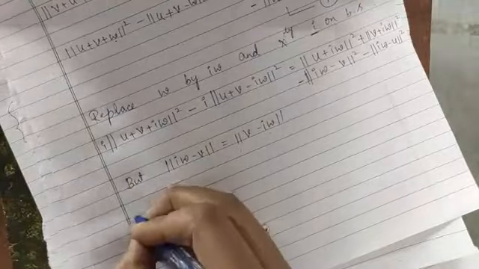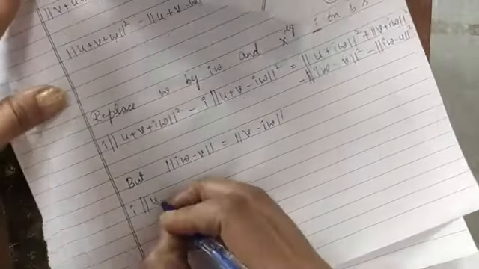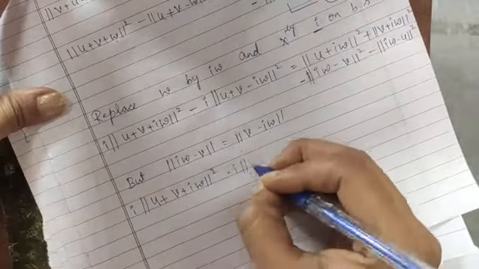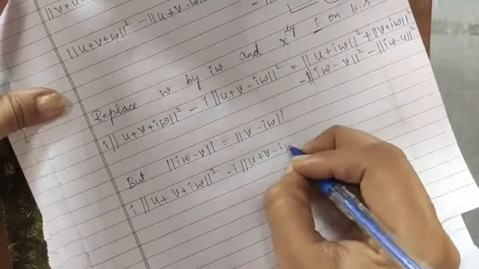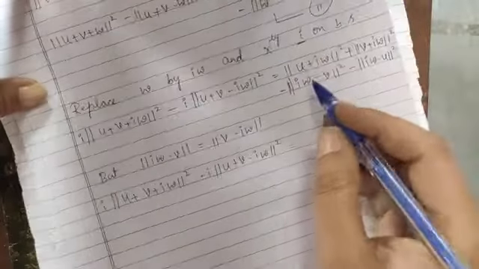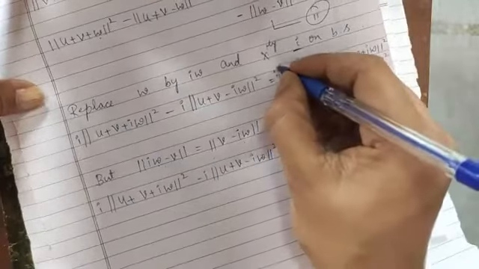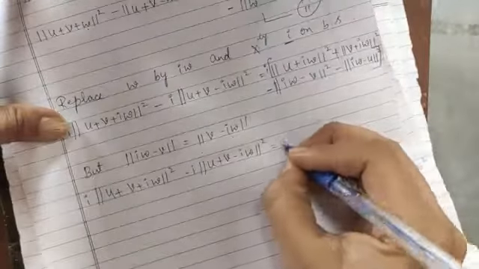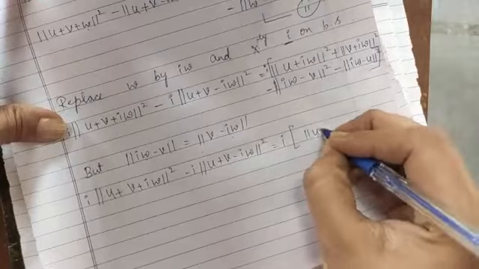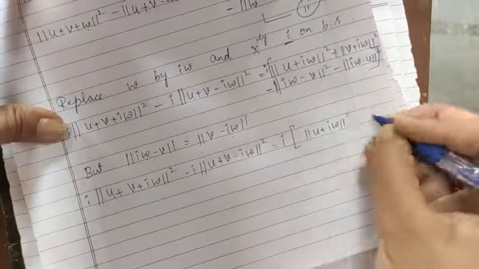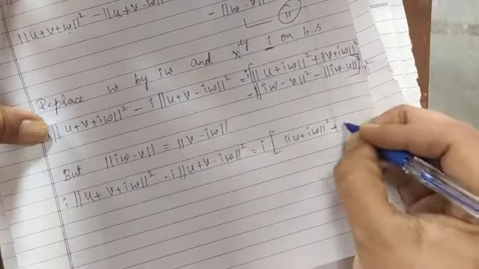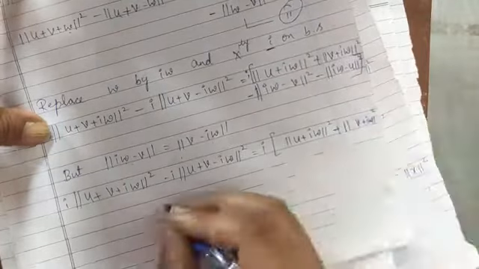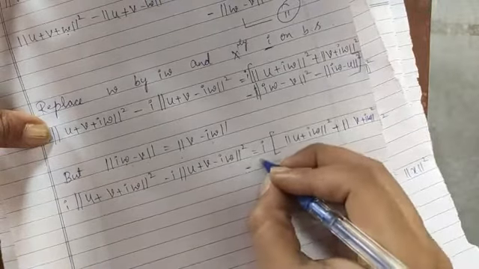So substitute this, you will get i into norm u plus v plus iw whole square minus i into norm u plus v minus iw whole square is equal to, oh I have forgotten to multiply i. So i into this term, i into norm u plus iw whole square plus norm v plus iw whole square minus norm